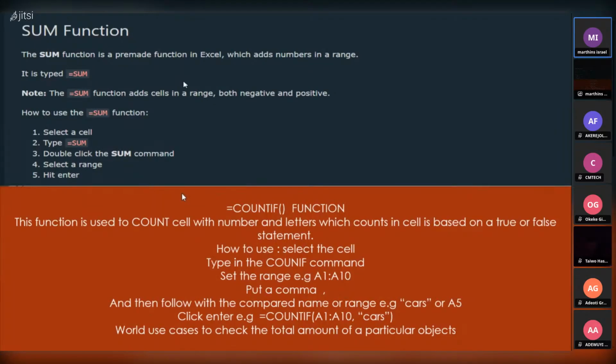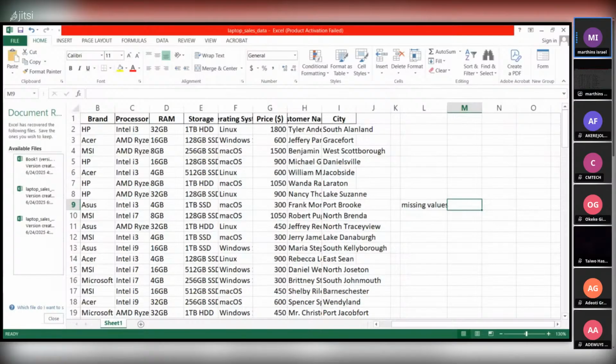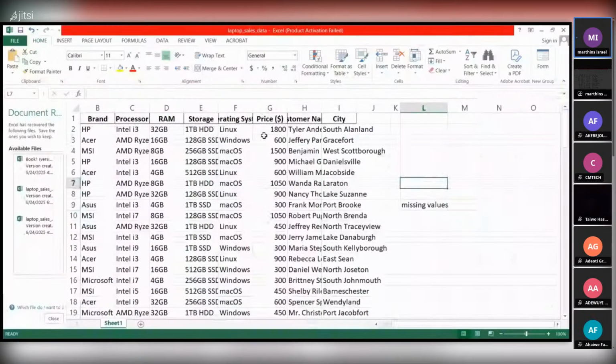Sum. Okay, so to practicalize the SUM, I will share my Excel screen. Let's practicalize the SUM. Now to get the sum, we can say, okay, what's the total? This is the price, right? This is the price now. We want to get the total value of this price. So now we can say, total price,